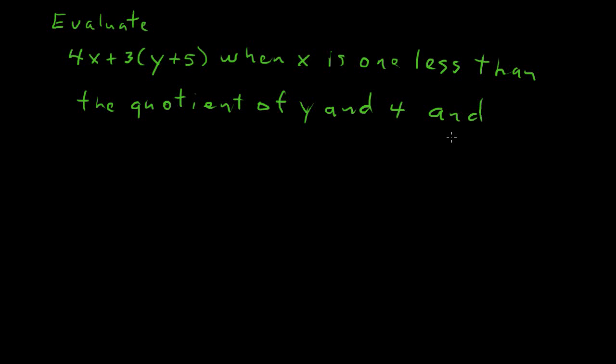Now this problem, I think the reason why it's a little bit more challenging is because there are several parts to it. If it just said evaluate and it had an algebraic expression like we have here, and it told us what both x and y were, it wouldn't be that bad of a problem. But in this case, we're only told what y is outright, so we need to not only replace y with 12, we need to find out what we're to replace x with. Well, there's enough information in here to do that,